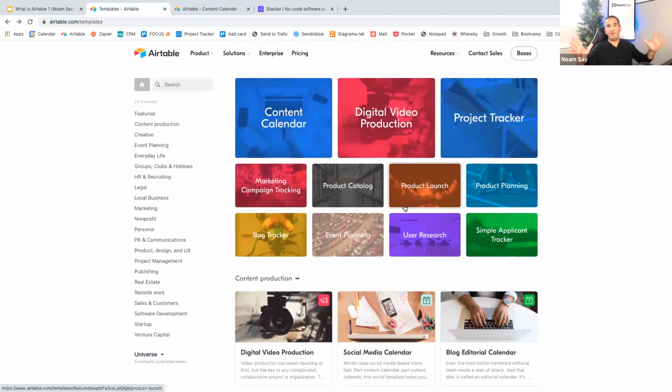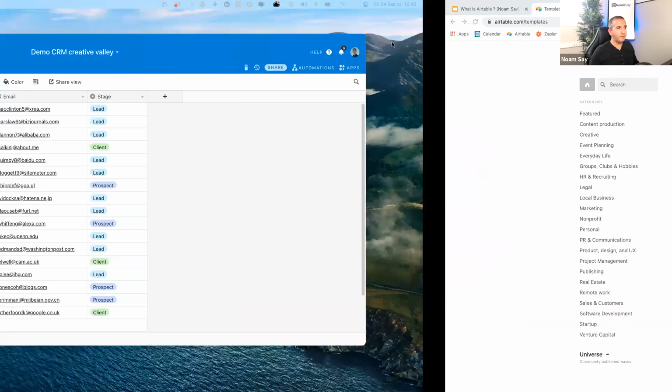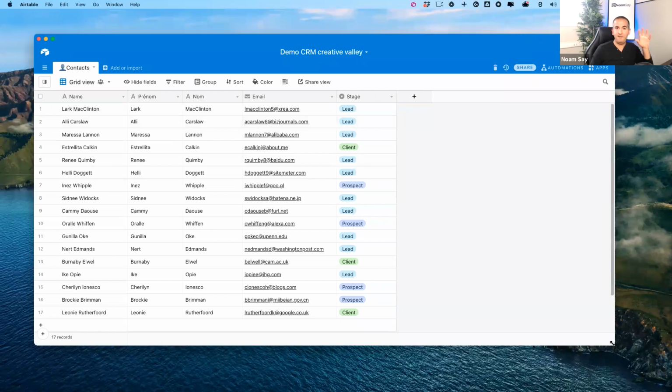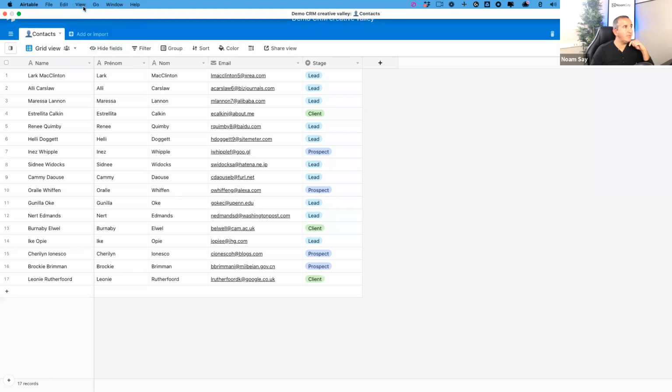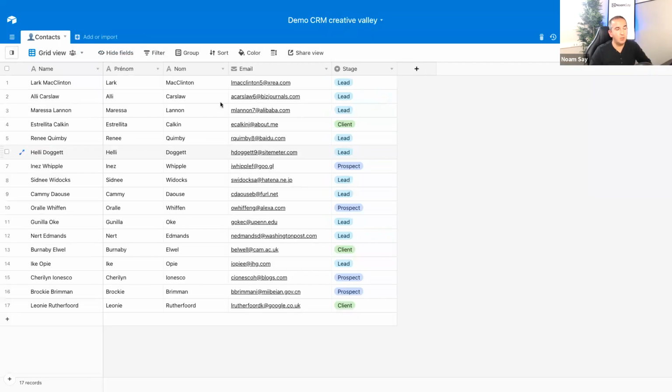So now, enough of theory and discussion. Let's try to play around with Airtable and build something with it, and you will see how to do it. I'm going to switch now to an Airtable base. To save time, I didn't start from scratch. I created a first table here with a very simple list of contacts. Let's assume I have a small business, a startup selling some products, some furniture,